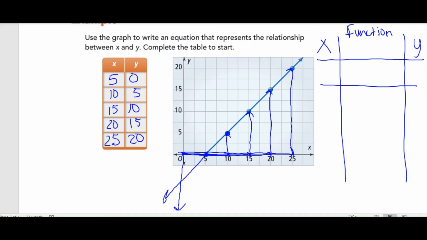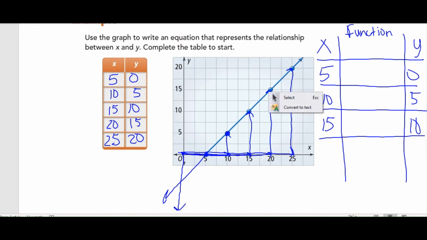So when x is 5, y is 0. When x is 10, y is 5. When x is 15, y is 10. I see something already. Something with 5 lower than. When x is 20, y is 15. Well, it looks like something with plus or minus 5, depending on which direction you're looking at. So if I look here, I can see that